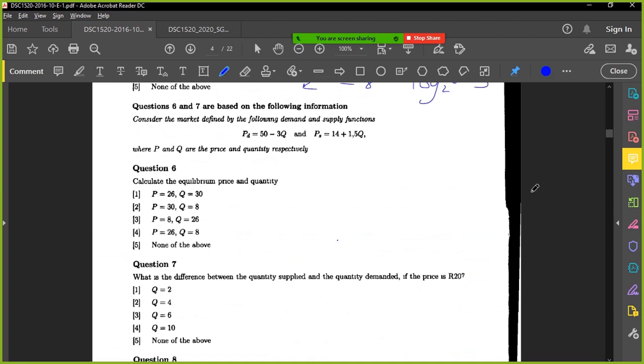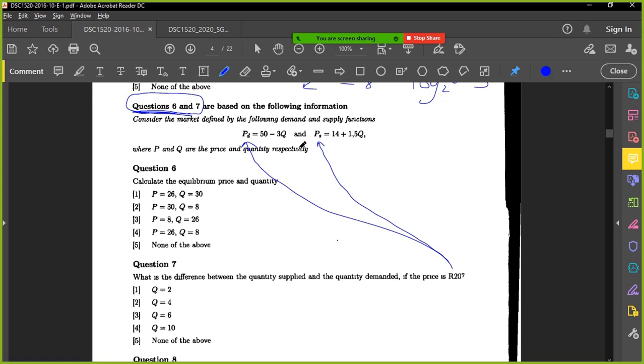Oh, it's based on the top ones. Okay. Okay, so you can probably substitute the price into that function. Yes. Sorry, I didn't see the top part. Yeah, sorry, I might not have emphasized that. Yeah, 6 and 7 both needed the two equations. Okay, so you're saying we're going to basically substitute the price, 20, into